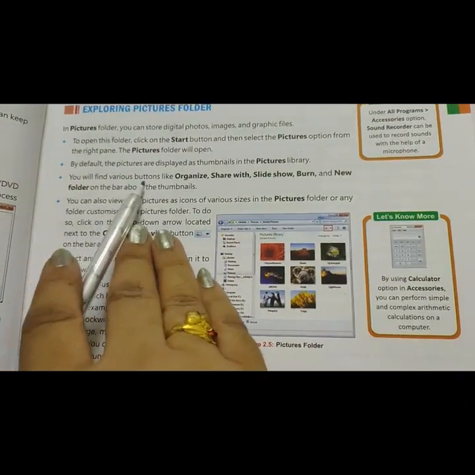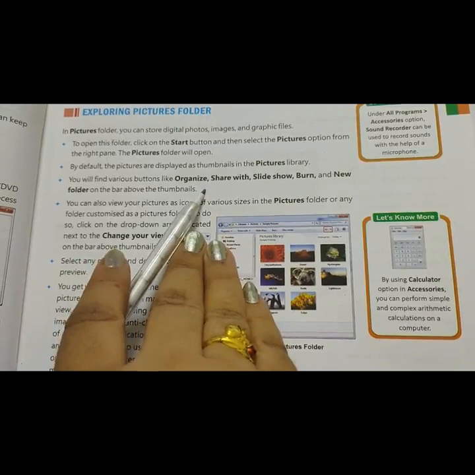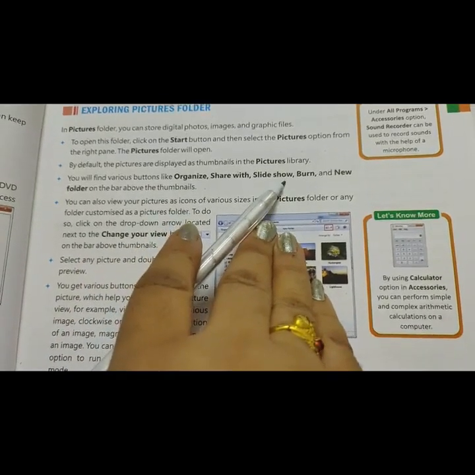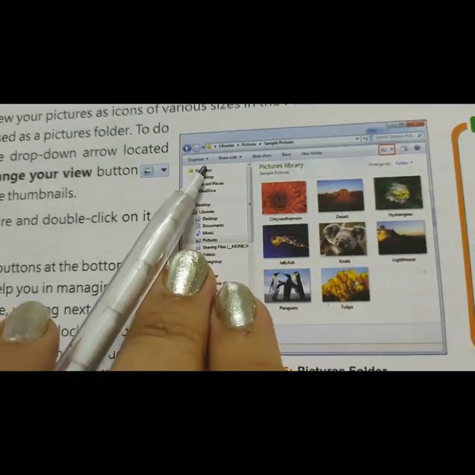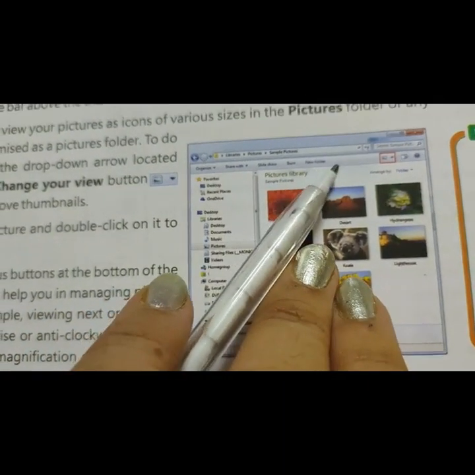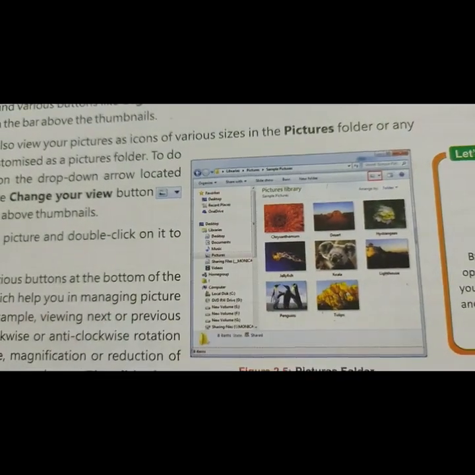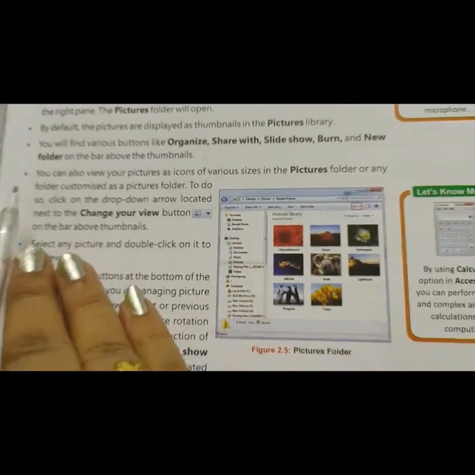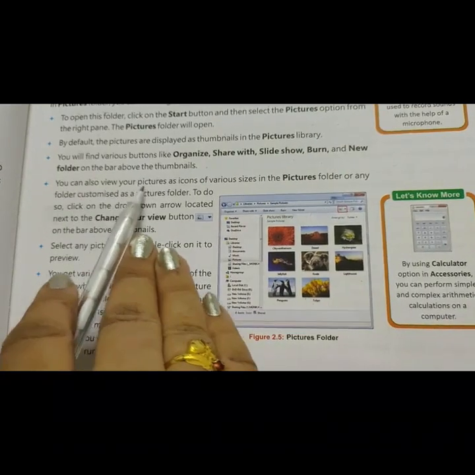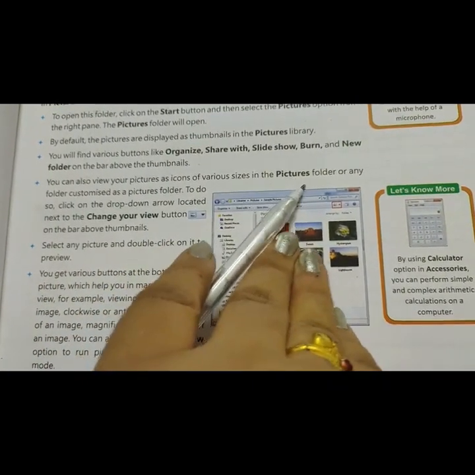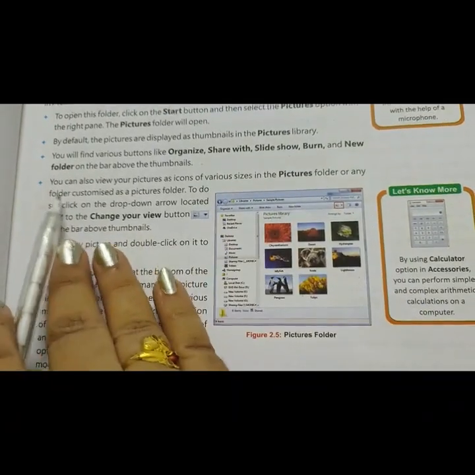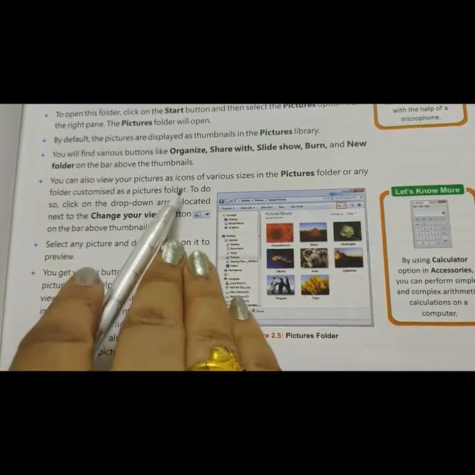You will find various buttons like Organize, Share with, Slide show, Burn and New folder on the bar above the thumbnails. These are all the options you will see on the top bar. You can also view your pictures as icons of various sizes in the Pictures folder or any folder customized as a picture folder.